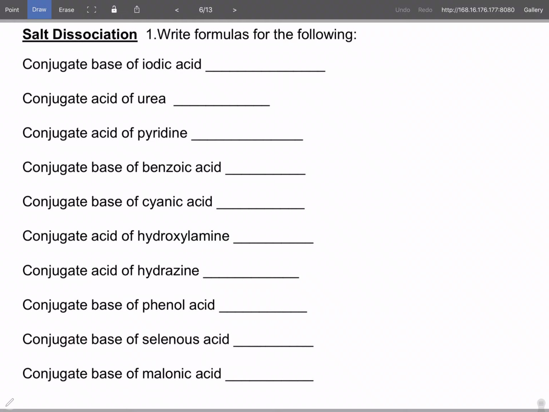If you look on your sheet, you will find that iodic acid is right here. So we're looking for the conjugate base, which means we want IO3 minus. Now, my recommendation, I'll do one more. The conjugate acid of urea. Urea is a goofy little structure. Here it is. It happens to be a base form. This one happened to be an acid form. So the conjugate acid of this base is